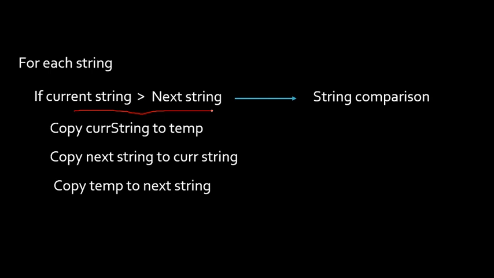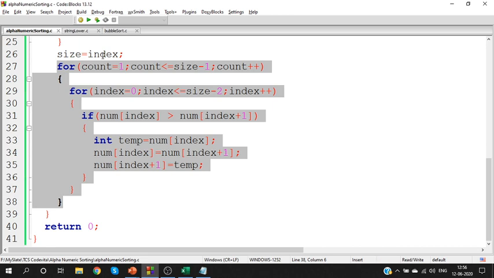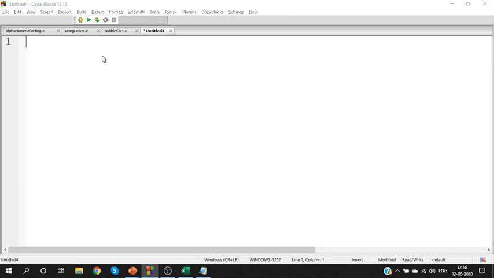And then what are these three steps? In all these three steps, we are saying copy, copy, copy. So in these three steps, we are performing string copy. Can you understand this? To sort words in ascending order, we need to know how to perform string comparison and how to perform string copy. Am I making it clear? Yes. For the strings, understand comparison and understand string copy. So first, we need to understand how to perform string comparison.